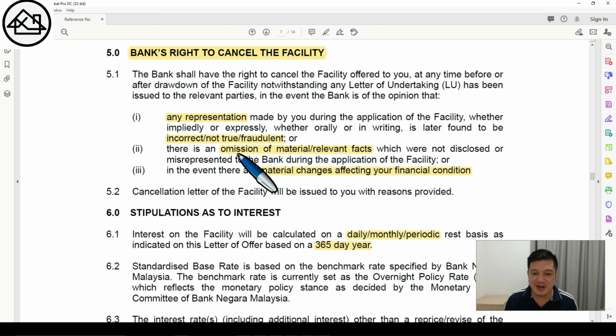But don't have to worry, right? This one is actually a very vague term, and most of the time they will just look at the top here. The incorrect, not true, and fraud is actually the biggest problem. Okay. In the event there are material changes affecting your financial condition, remember at the start there, you are not